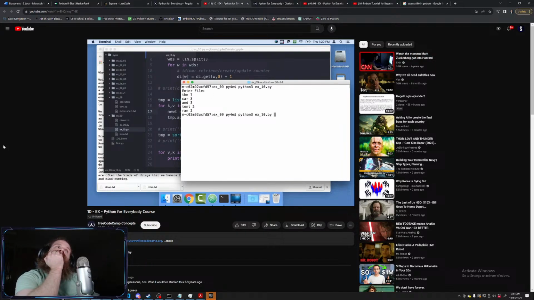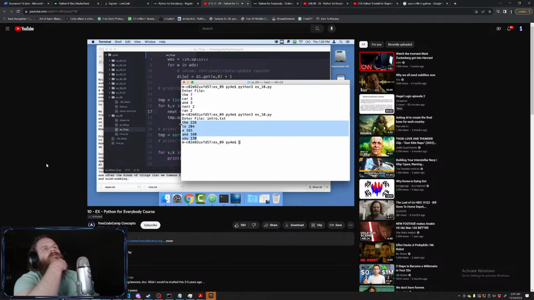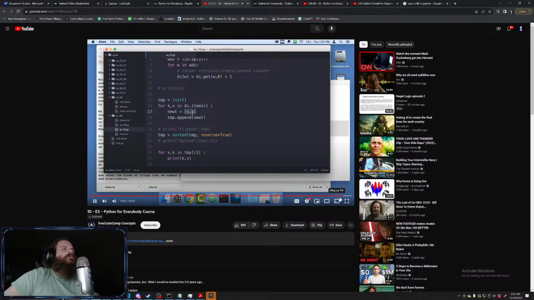And it works fine. So let's try our big file, intro.txt, and there you go. Those are the 5 most common words in intro.txt. So you might ask yourself, why did we use tuples? We could have really used lists for this, but tuples are more efficient than lists, and you notice that we weren't going to modify